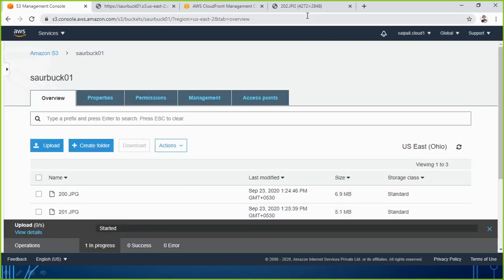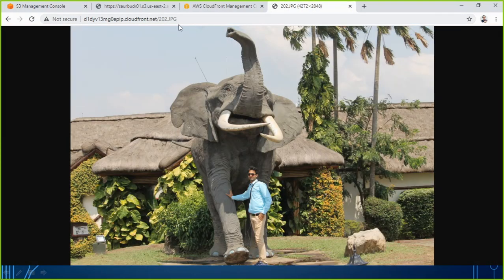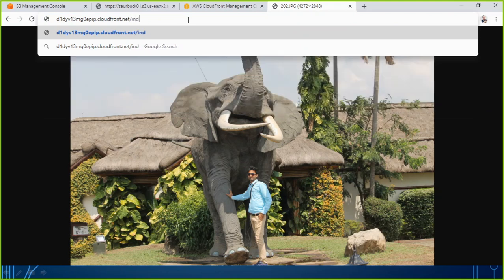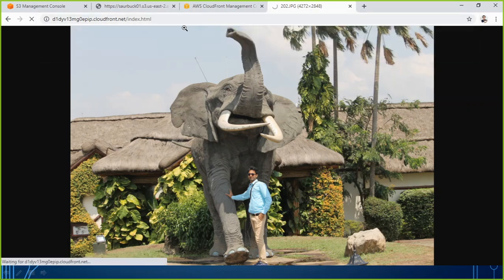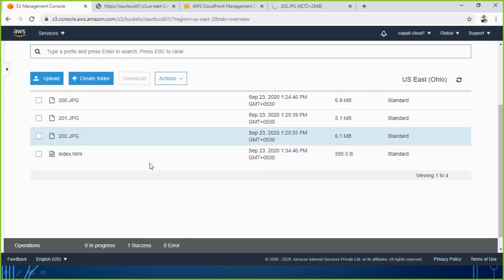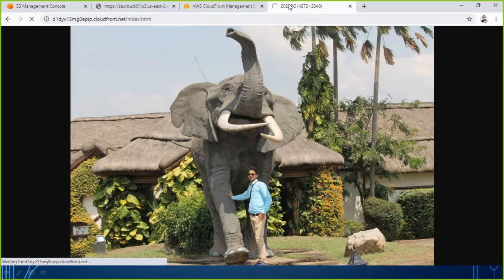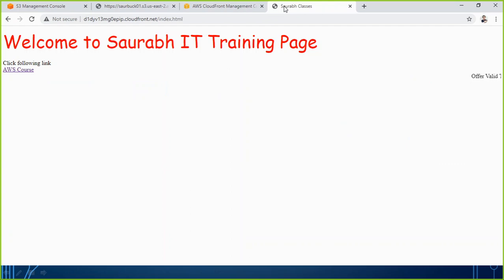So now if somebody wants to access my site, they will go like this, index.html. Let's test it. We have to see whether the uploading is done or not. Yeah, it is almost done. If we wait for a moment, the file is going to open here. You can see now, the file is running there. Our site is running from where? From the CloudFront, not directly from the S3 bucket.